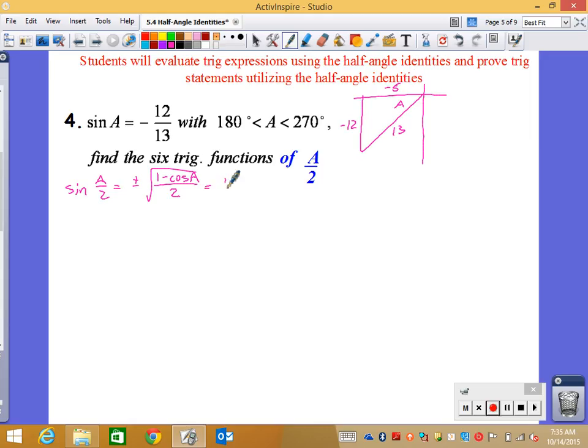Let's plug that in. So you get plus or minus the square root of 1 minus a negative 5 over 13. So it's 1 plus 5 over 13, divided by 2. It gives me 18 over 13 on top. So plus or minus 18 over 13 on top, divided by 2 over 1. So if I flip the fraction, I end up getting plus or minus